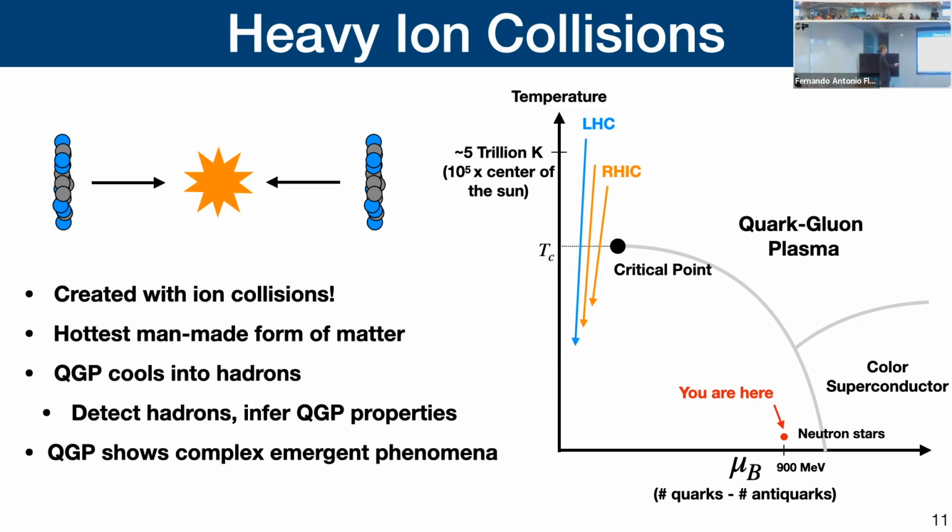And as it goes through this transition, it then becomes hadrons once again because they're confined. And we can actually detect those hadrons in our particle detector, and we can use that information to infer about what happened in the quark-gluon plasma. And so this is how we learn about the quark-gluon plasma. And in fact, we've learned that the quark-gluon plasma exhibits very complex and interesting phenomena that are actually fairly difficult to describe by individual interactions between just simple atoms.